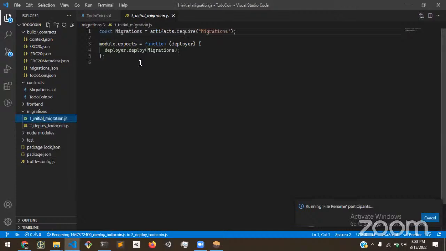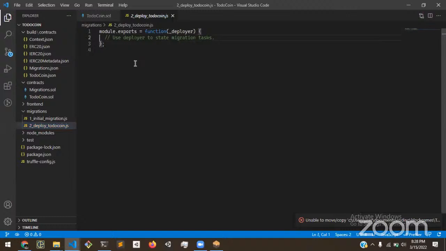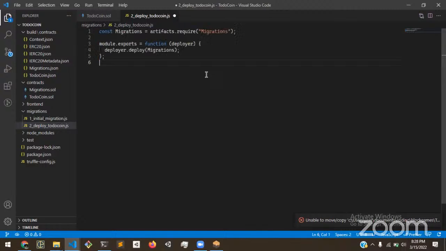So if we look in the initial migration, we can see a typical Truffle migration. So we have a deployment basically. So we're deploying the migrations contract. That's just what this is doing. So we're going to do something similar. We're going to deploy our own contract. So artifacts is going to look in the build folder for a file with the name